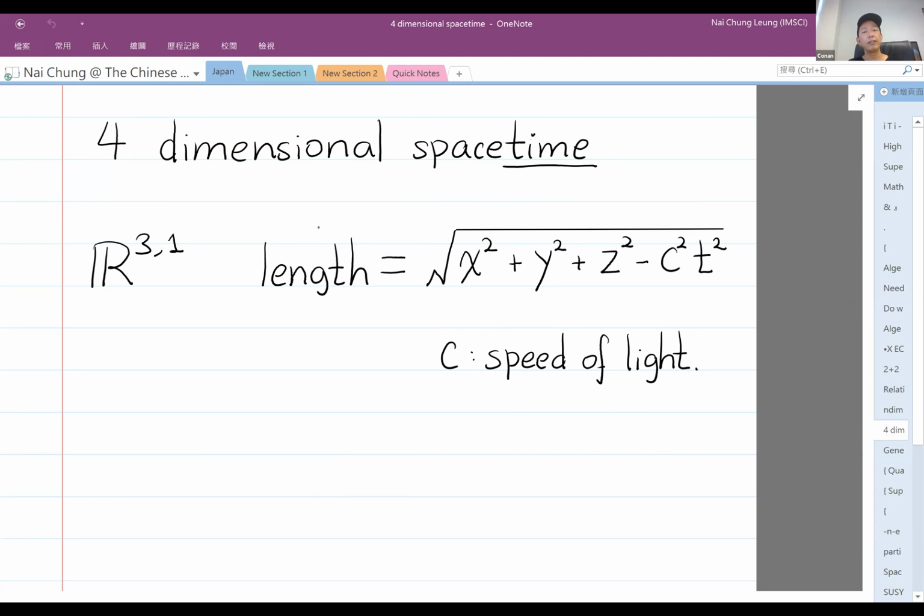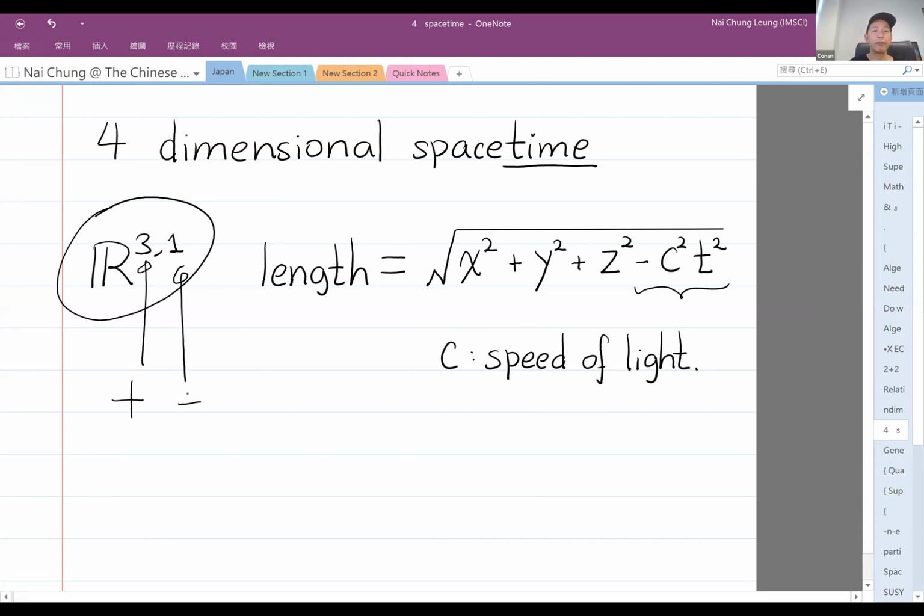But in Einstein's theory, the last dimension, the time direction, is completely not intuitive, because the length is negative if you are going along the time direction. Okay, c is the speed of light, supposed to be very large. So that is why I write it as R31, referring to 3 of those directions where the length is measured in some positive way, and then one direction where the length is measured in some negative way. The so-called length 1 vector now has length -1. Okay, so the length can be negative.